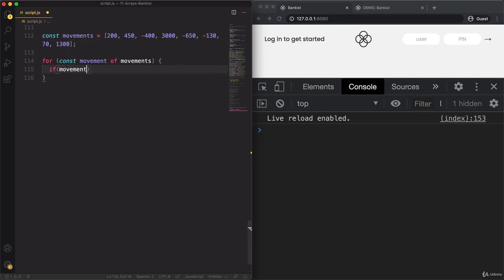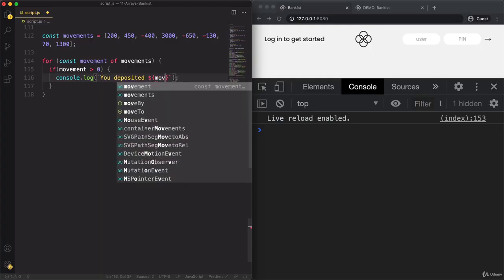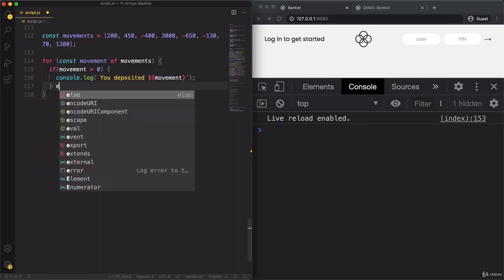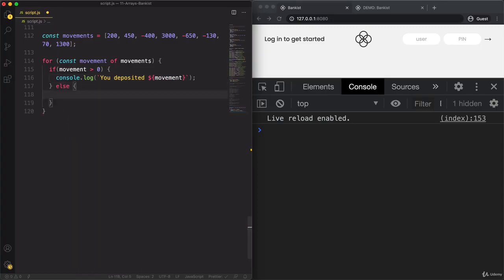So basically, if the current movement is greater than 0, then log to the console "You deposited" and then the movement, and else "You withdrew"